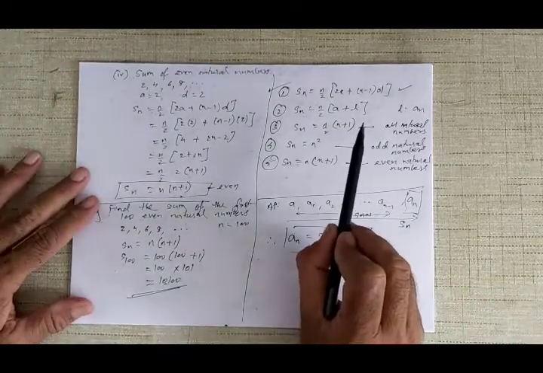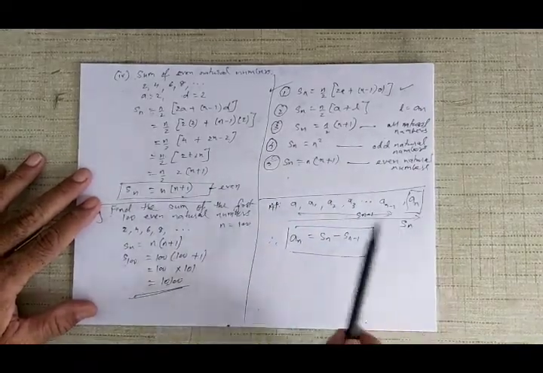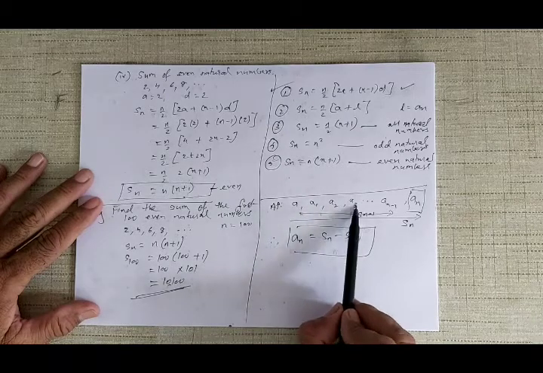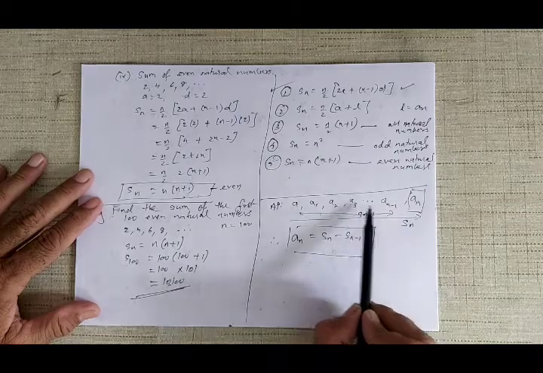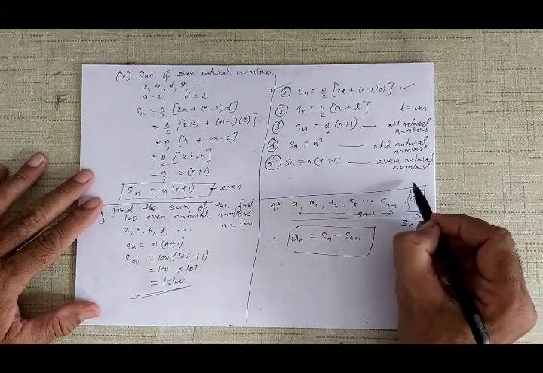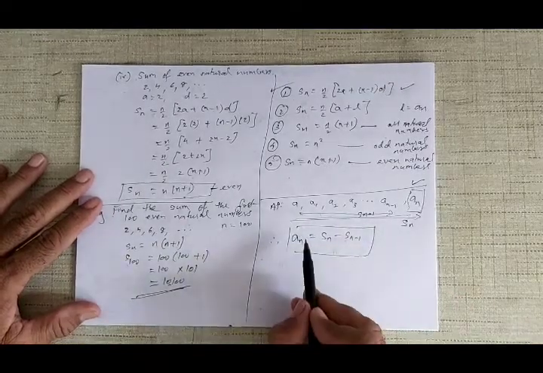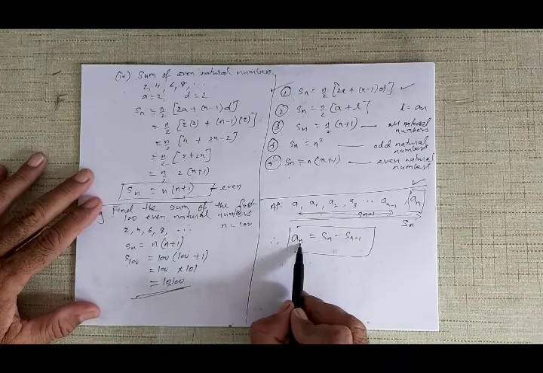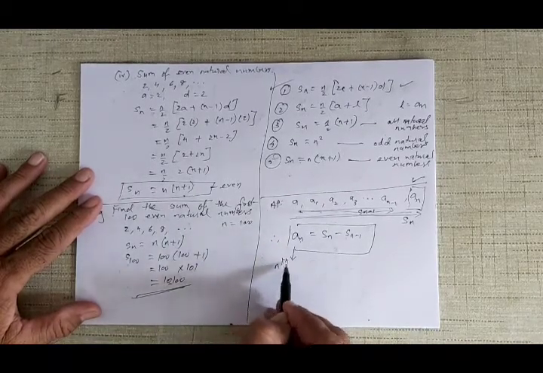Now, see here, it's a very simple, straightforward thing. Supposing A, the first term of the AP, A1, A2, A3, dot, dot, dot, A(n-1), An. These are the terms of the AP. Now, if I want to find A of n, then what I do is I find the total S of n minus the total S of n minus 1. So An, that is the nth term of the AP. What is this? The nth term of the AP.